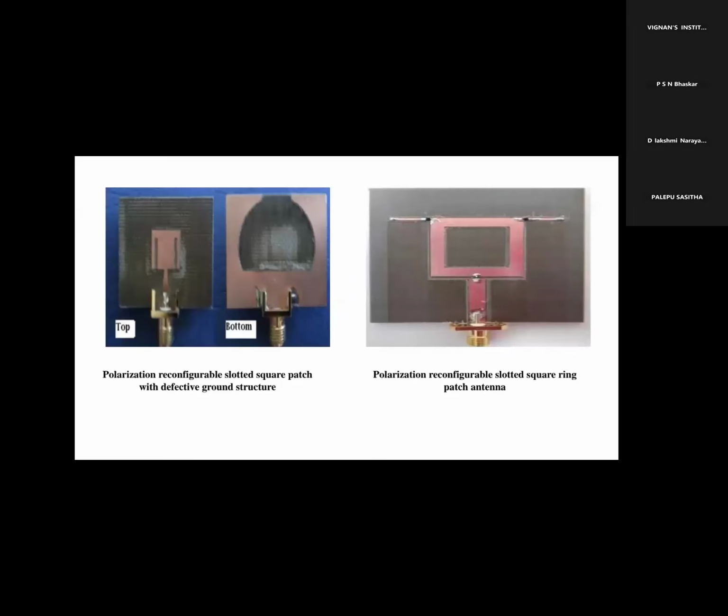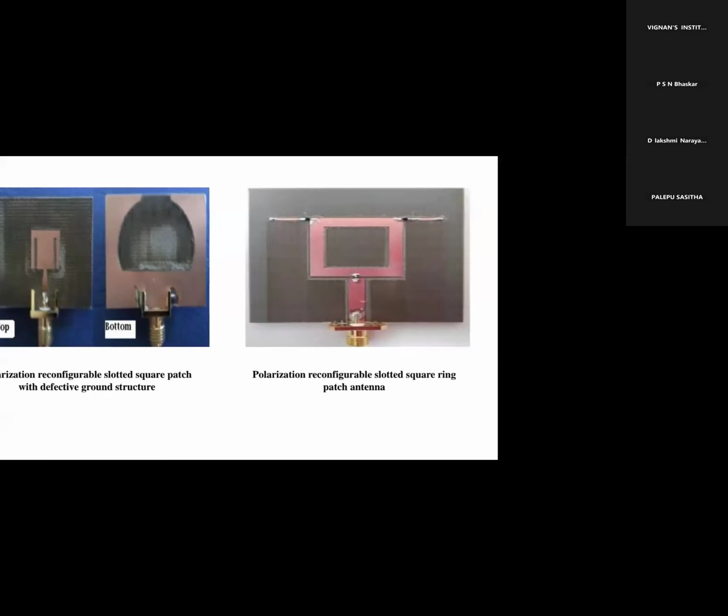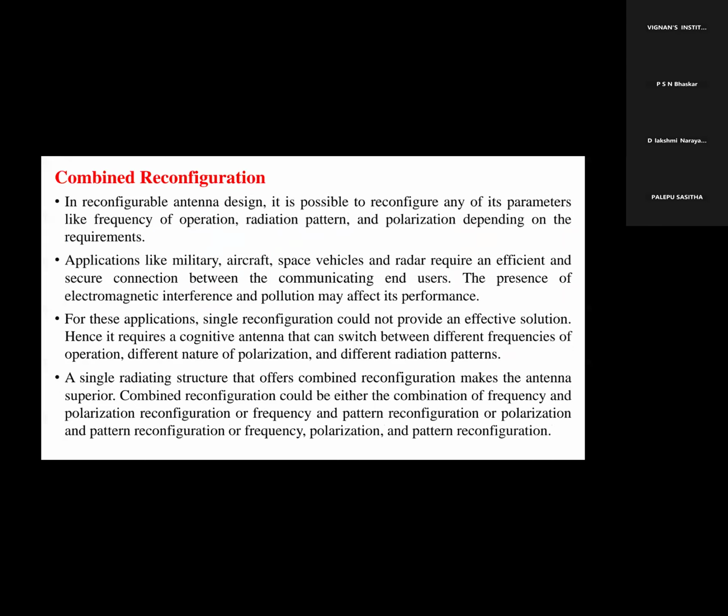So these are some of the polarization diversity antennas. The first one is rectangular, and the second one is also rectangular, but it is used for circular polarization, with the right side for right circular polarization and the left side for left circular polarization. And combined reconfiguration: in reconfigurable antenna design, it is possible to reconfigure any of its